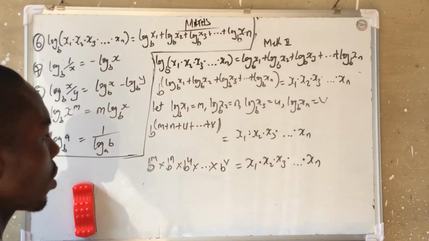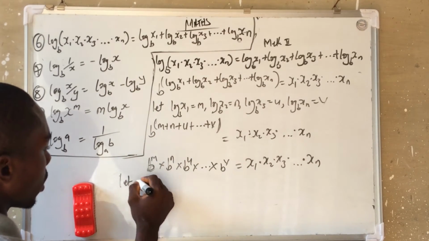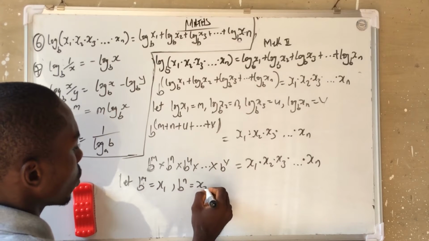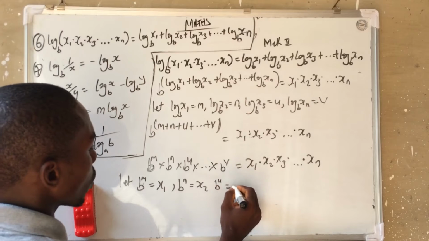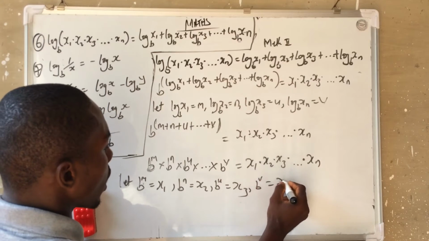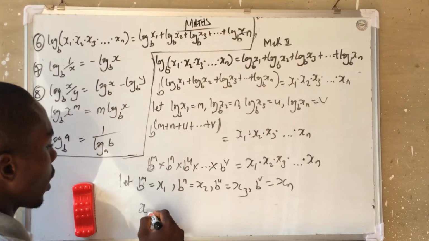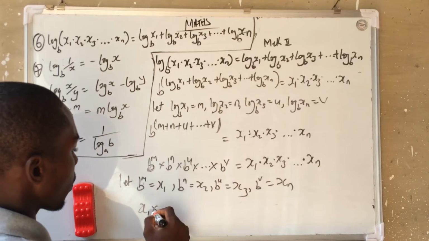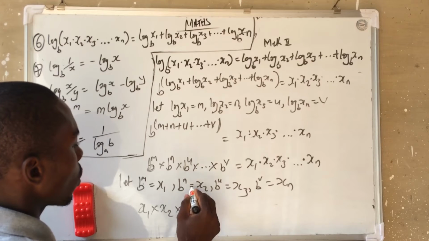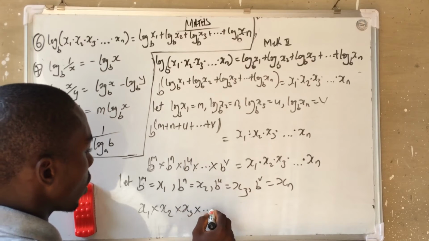So now this is how it is. You can now say let b raised to the power m equal x1, b raised to the power n equal x2, b raised to the power u equal x3, b raised to the power v equal xn. We now have that here x1, which is b raised to the power m, multiplied by x2, which is b raised to the power n, multiplied by x3, which is b raised to the power u,